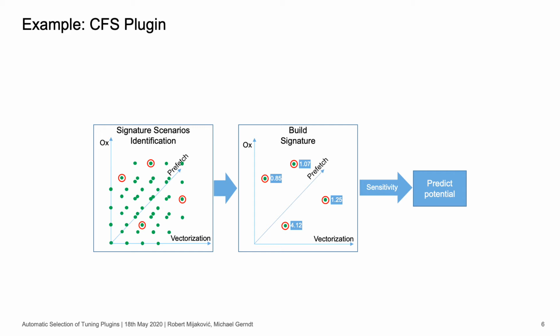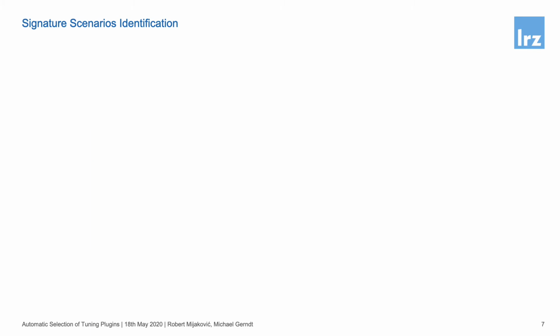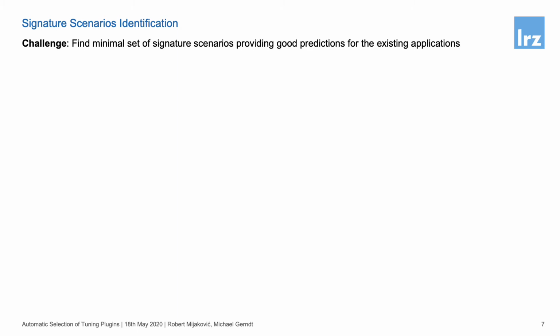So now I will explain 2 techniques used for signature scenario identification. The main challenge for signature identification is to find the set of minimum size that provides as good as possible predictions of the tuning potential of applications. Evaluating each scenario can take a significant amount of time, and therefore we want to evaluate as few scenarios as possible, but make an overall prediction as good as possible at the end, and not tune applications whose tuning potential is too low,